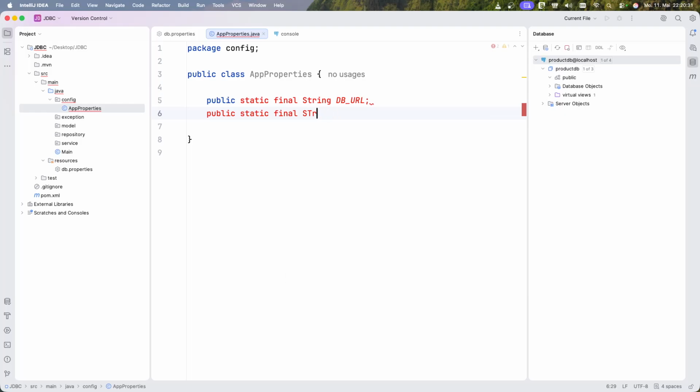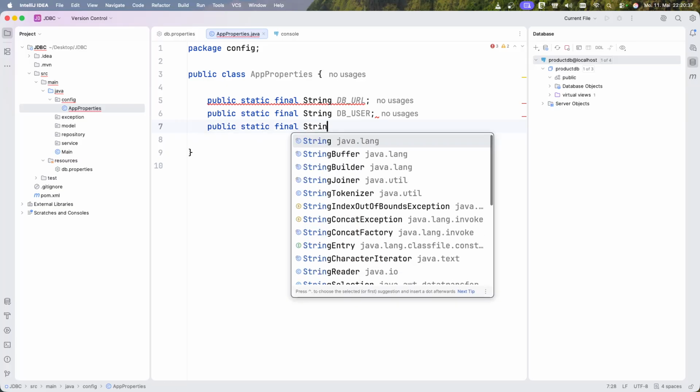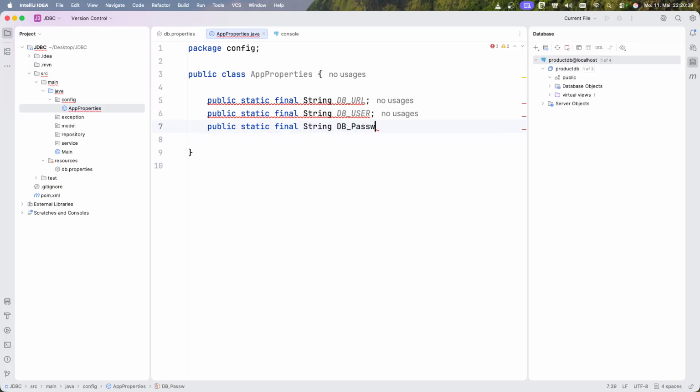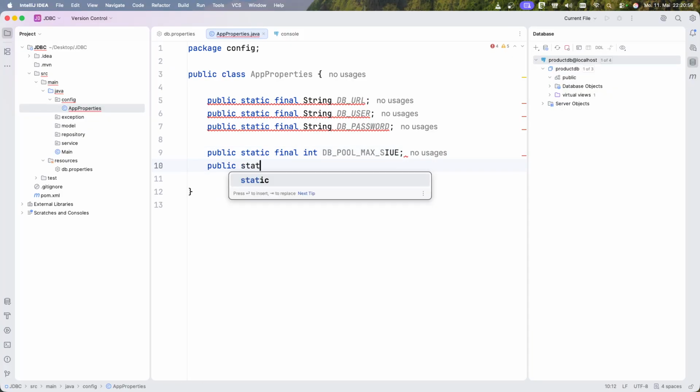Then we read our database user. Then our database password. Let's do everything in caps. And then we also need our database pool max size and